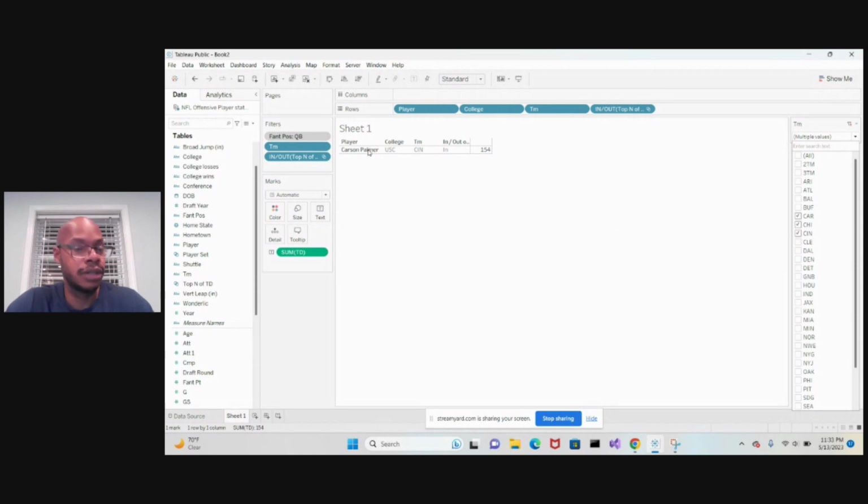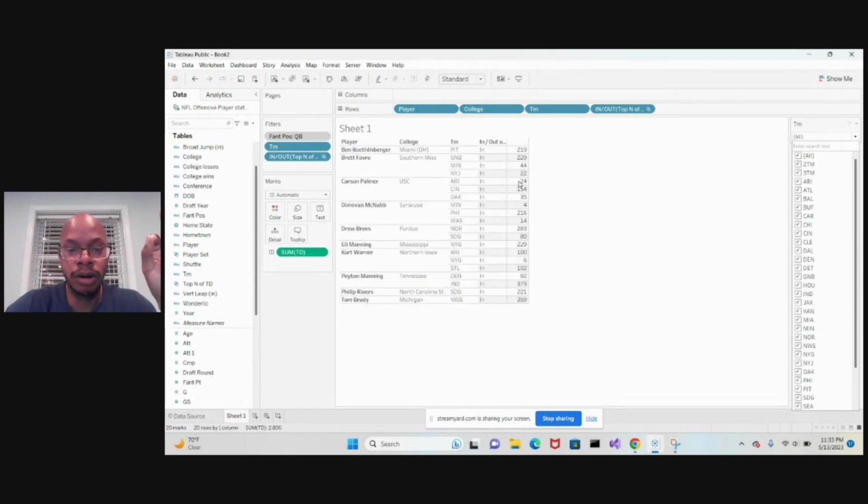Now, what you will notice, and this is key, is how you know you're working at the top, at the set level and not at the dimension level. So when I hit Cincinnati, it's only going to return 154 touchdowns because I'm filtering at the dimension level. But his top N calculation is actually calculating above that. What I mean is it's calculating above the level of any dimension filters that are being listed, which in this case is team. So if I hit all,